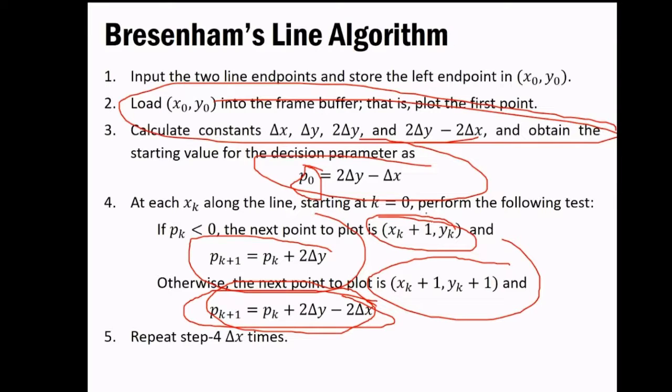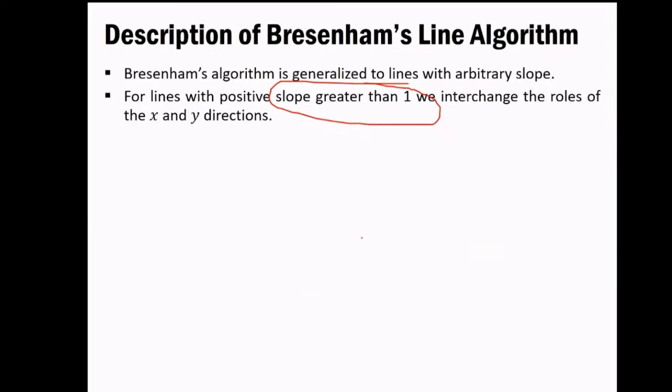Suppose here this is x, here you have to put y_k, and here you have to put x_k. Similar case would be over here also. You have to put y_k plus 1 and x_k plus 1. So a similar thing needs to be followed in this case also. That is the first thing.